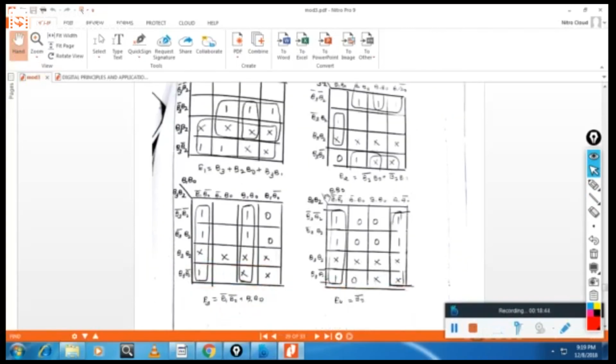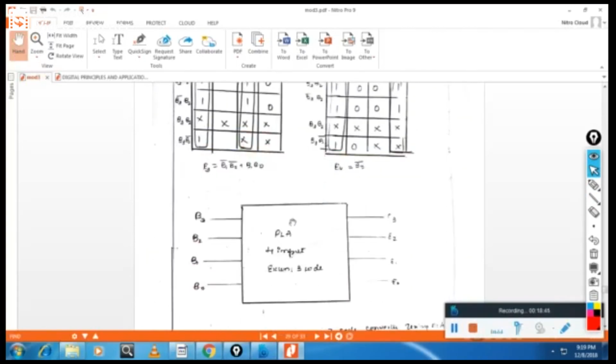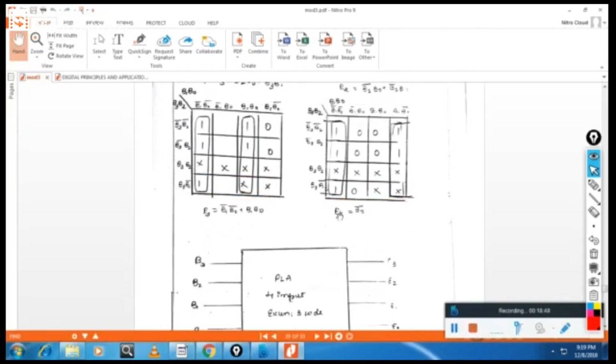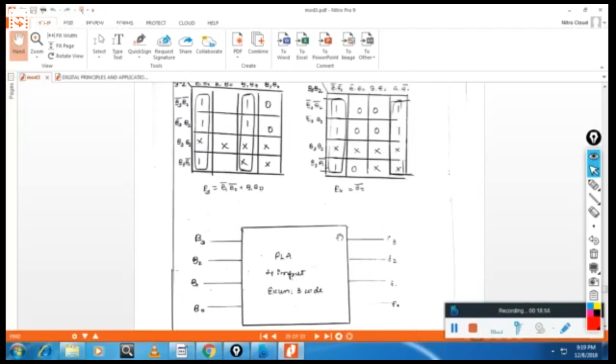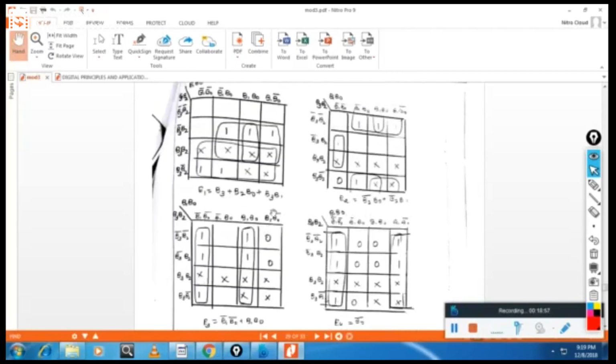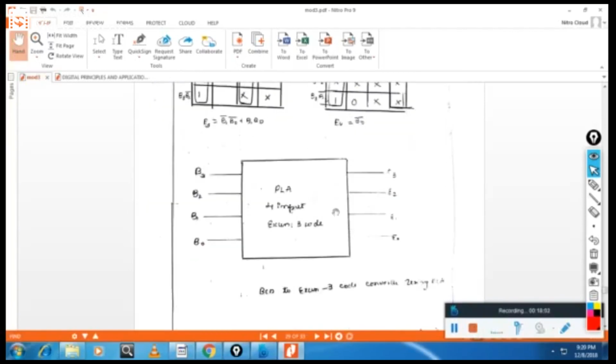Then after that, you have to implement this one. Once again, please remember to represent this using a block diagram, because an AND-OR gate array implementation will take a lengthy diagram. So represent it like this from the exam point of view.